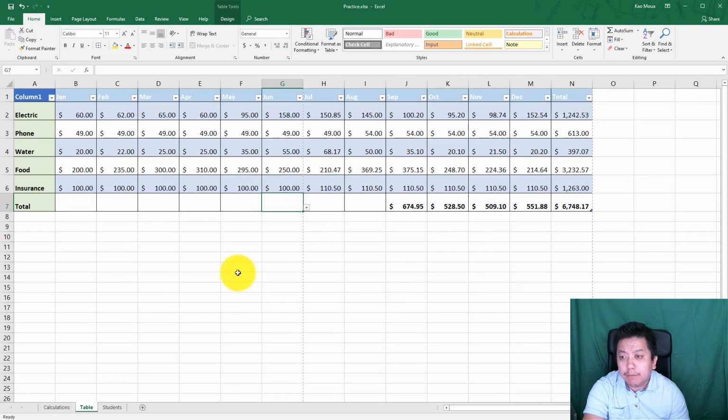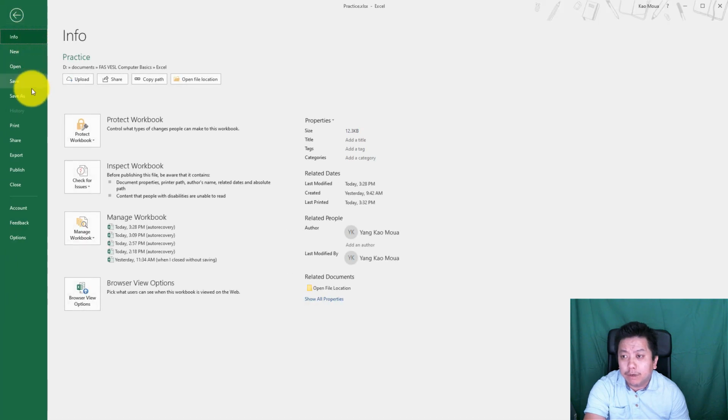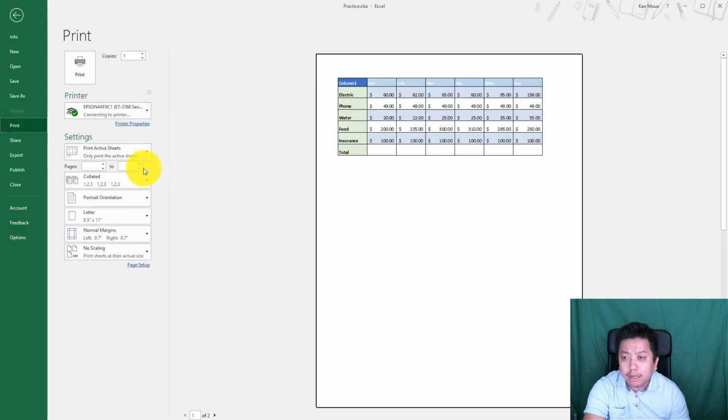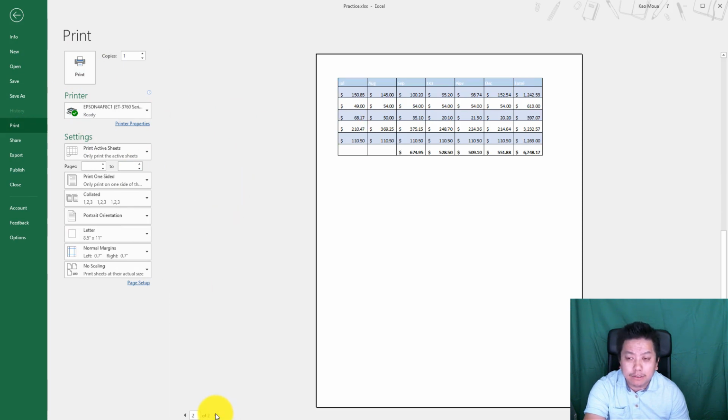This is one table, and that's how I would like to print it, right? But if I would go to print right now, and I print to the printer, it will print as 2 pages. So how can we fix that, right? So we're gonna have to play around with the options a little bit, but first let me show you how